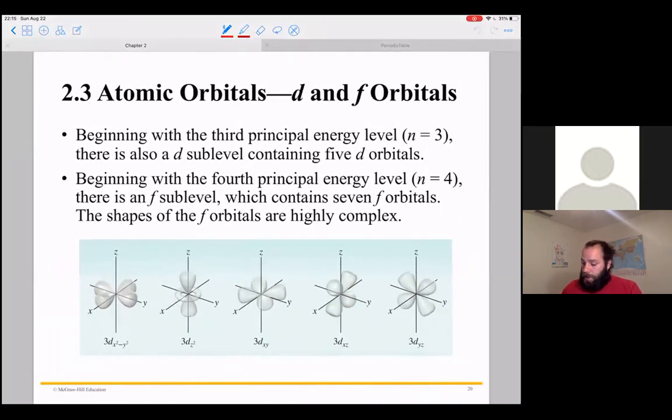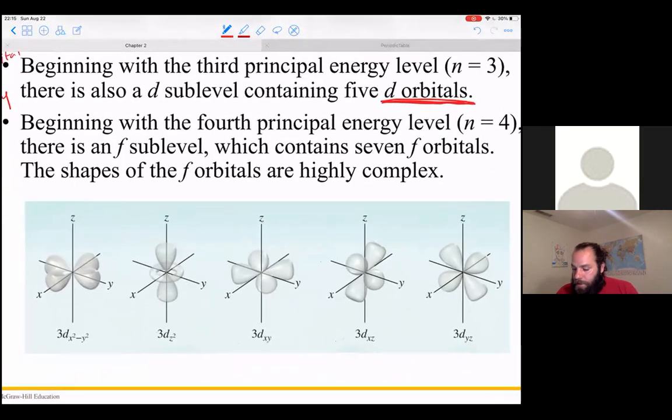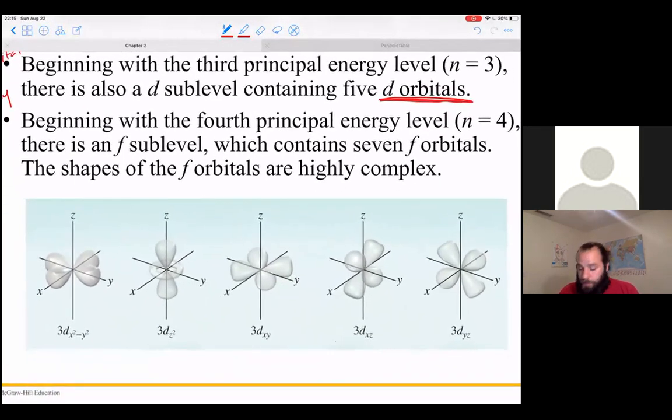The last one we're going to look at, there's actually 2 more, but we're not going to mess too much with the F ones, is the D orbitals. Okay. These D are like daisy shaped. That's how I think about them. D orbital. They're shaped like flowers, basically. And again, you can see there's multiple sublevels. So there's 5 sublevels to the D